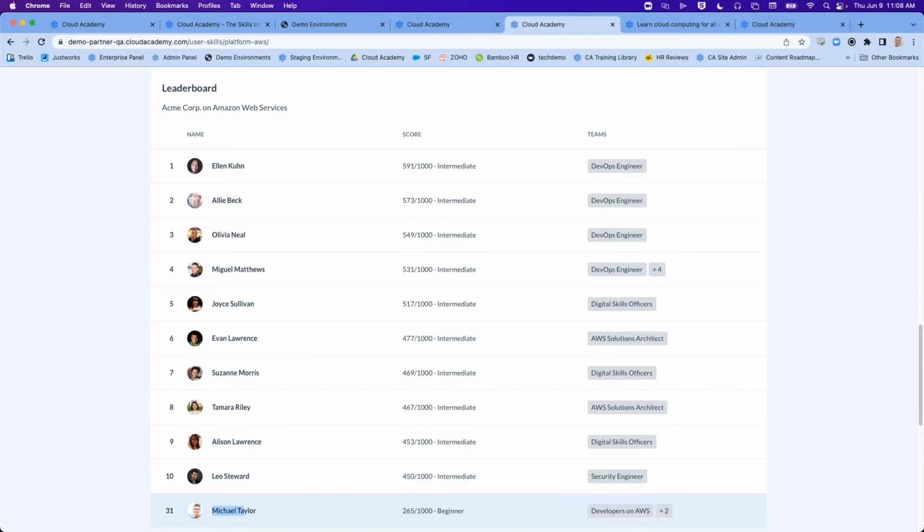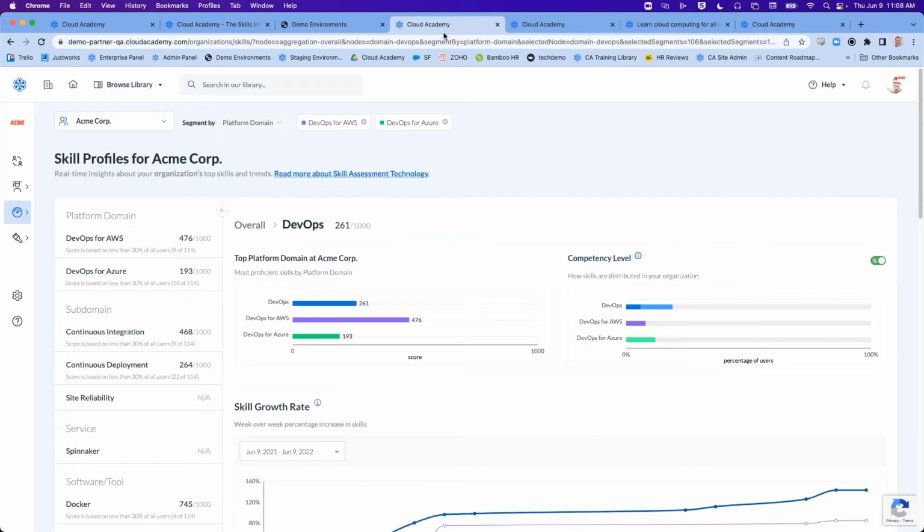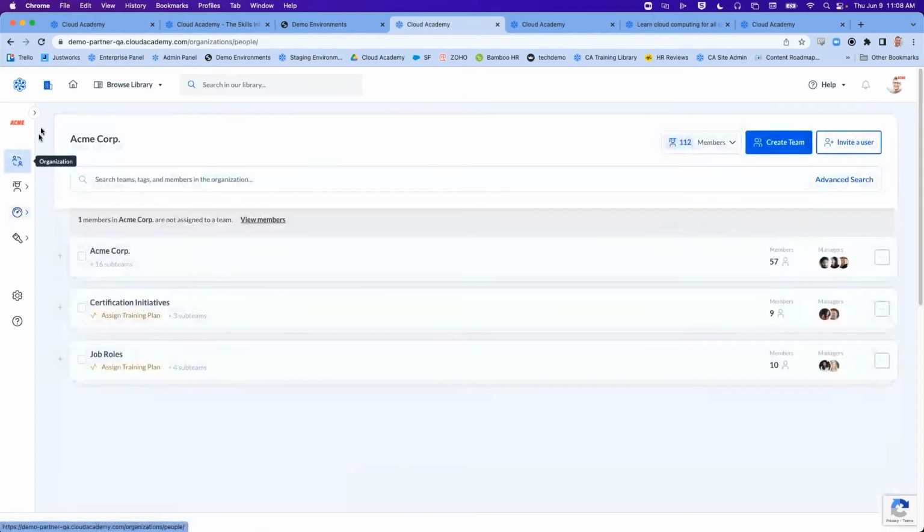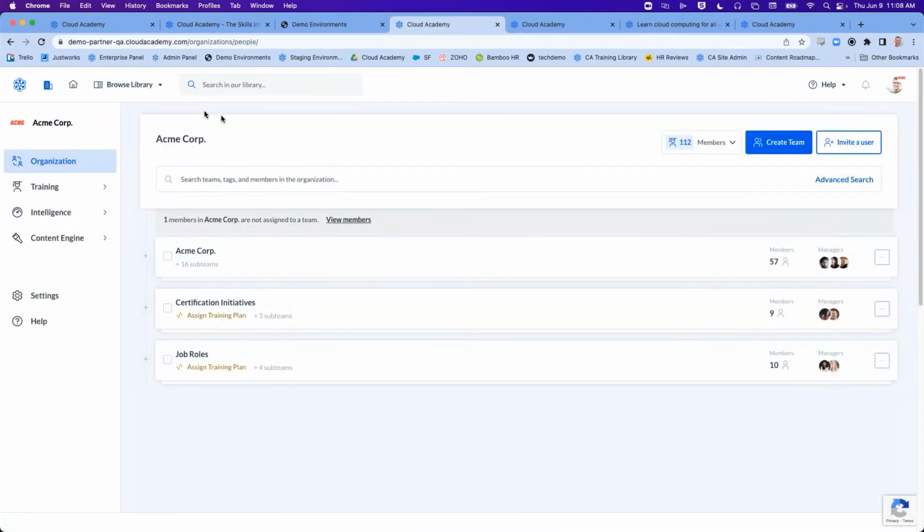So how do we ultimately get to this point of the learning journey? Let's transition very briefly back to the administrative panel. Operationally, what we're about to walk through is the organization tab, where we organize all of your learners into virtual classrooms. How they're organized is ultimately determined by your approach. As mentioned, we baseline to understand skill gaps, and then we assign targeted training. We're about to take a slower, more intentional walk through the administrative features.